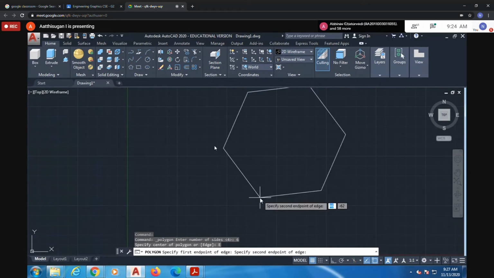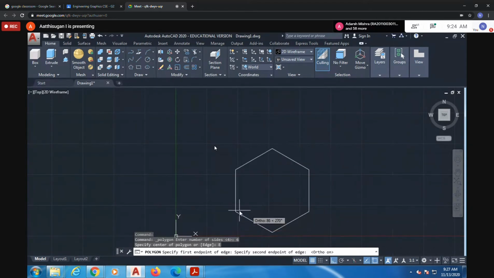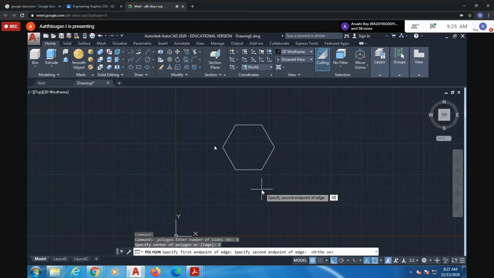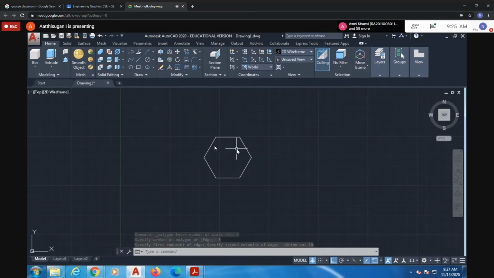I told you the top view you can draw like this also, or like this also, two methods. If you draw like this, two edges are inclined, but the main thing is these two, left and right, are perpendicular. Here the two edges are parallel. So the given condition is parallel. So with 30 mm base size, I did one hexagon shape.